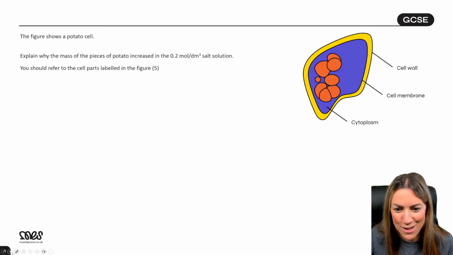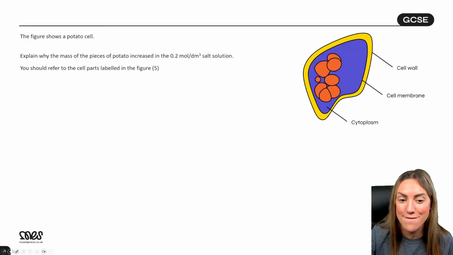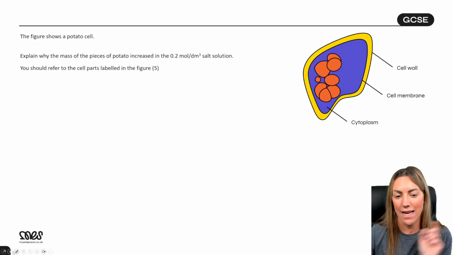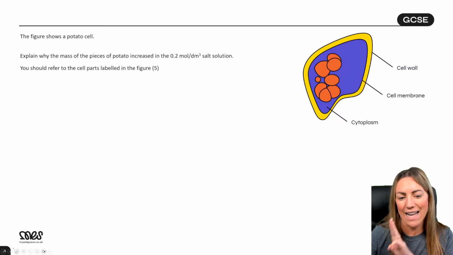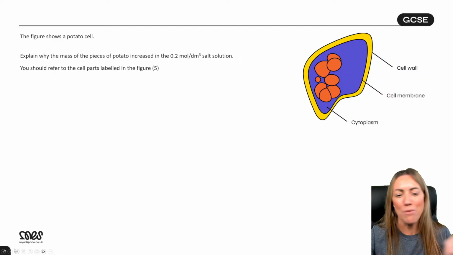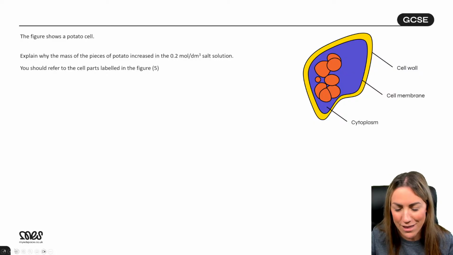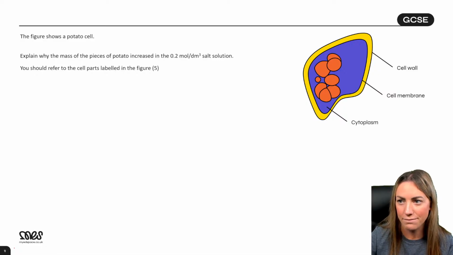Why are potatoes losing mass? Osmosis. If they're losing mass, water has been moving out by osmosis, right? Across that partially permeable membrane. How do you calculate a mean? You add the results together and divide by the number of results. So in that previous question, we'd have to add the 3 results together and then divide by 3. Sorry, I just assumed that everyone put an answer in the chat, so I assumed we all knew that. But yeah, you add your 3 results together in the table and then divide by 3.